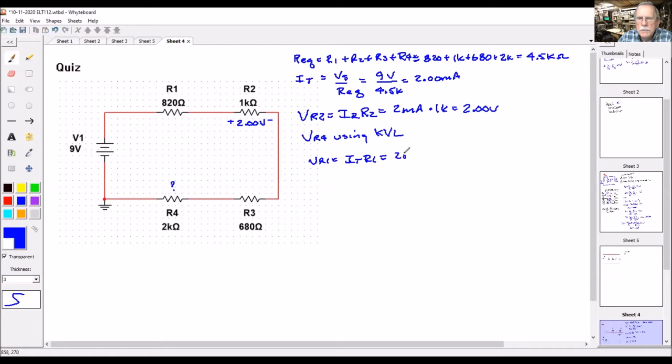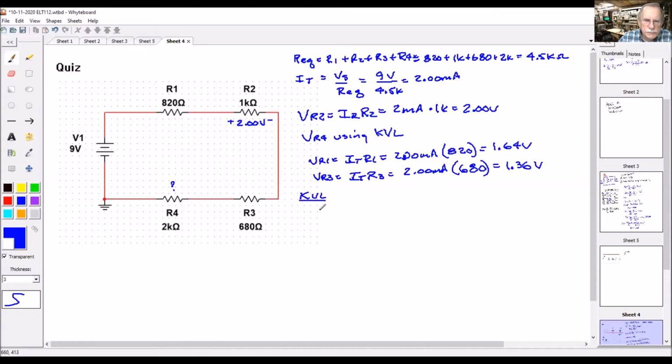So it's 2 milliamps times 820, 1.64 volts. VR3 is IT times R3, 2 milliamps times 680, 1.36 volts. So using KVL,